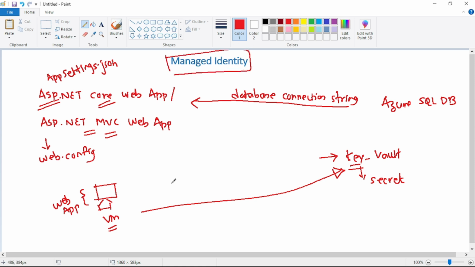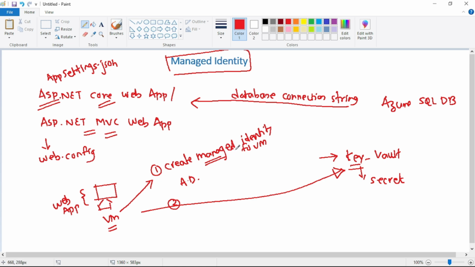So in order to use managed identity, the first step is we will create a managed identity for this VM. So first step, create managed identity for this VM. And guys, remember that this managed identity gets created in Active Directory, that is AD. Okay. Now the second step.